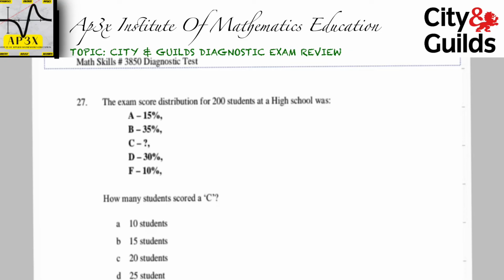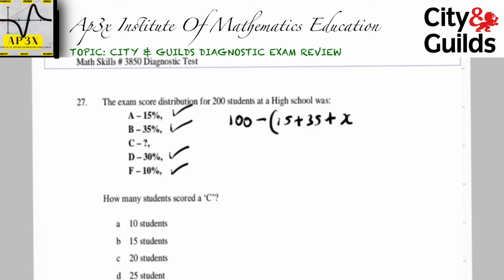Oh, okay. I think that 15% of the students got A's, 35% of the students got B's, 30% got C's, and 10% failed, pretty much. But we know that the total distribution is 100%, so it's going to be 100 minus the sum of these numbers here, 15 plus 35 plus